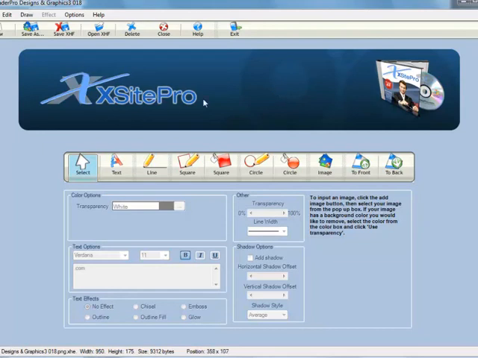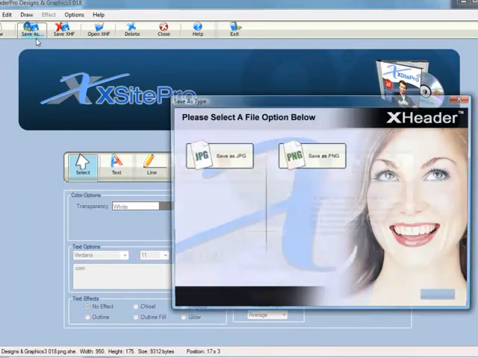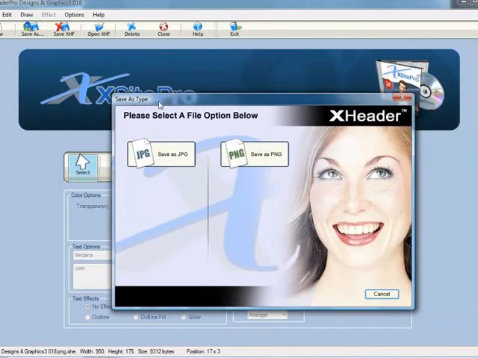Okay, so how do we now save this so that we can use it in a website? Simple. All we need to do is go to the Save As icon there in the toolbar. Click that. And we have an option. We can save it as a JPEG or we can save it as a PNG. Now, simple way to know which to use. If it's got rounded corners, you need to save it as a PNG. That's so that the rounded corners have a transparent effect behind them. You don't get any color